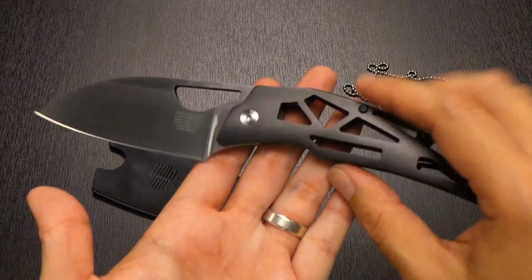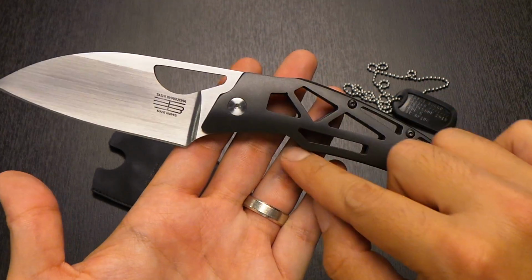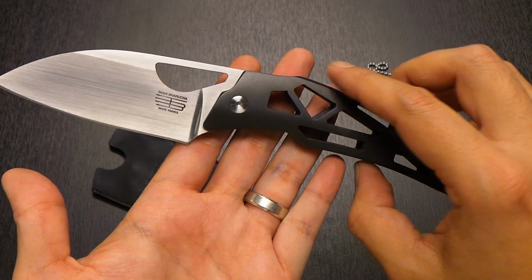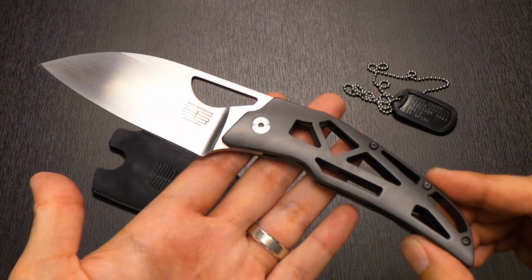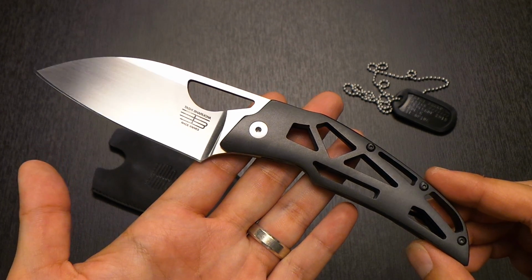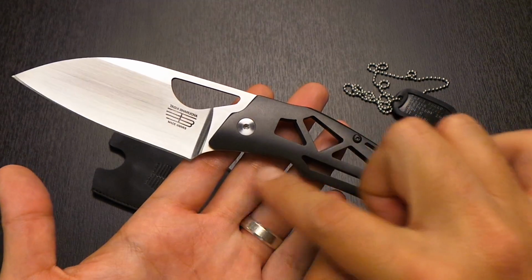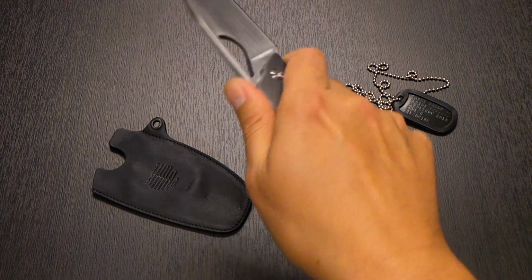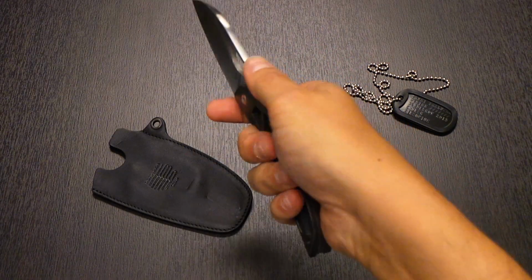The first thing you notice is this kind of half finger choil that comes down right here, perfectly mating to the frame. You get that 2-finger choil that's really evident in a lot of Tashi design pieces. You'll see it in the Immortal Pups. You see it in a lot of the other pieces that designers have worked with him. I think the Pup is probably the most obvious one where it has that front 2-finger choil. And what happens is when you're holding it, you're kind of reaching forward with the knife, and it gives you that pointed kind of